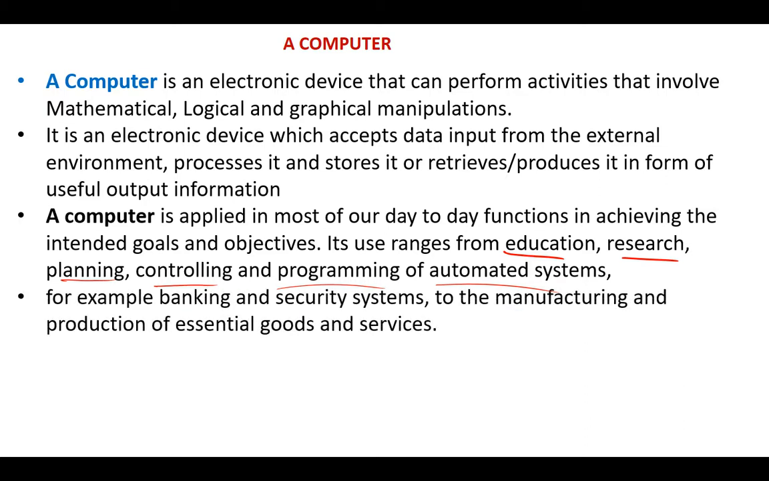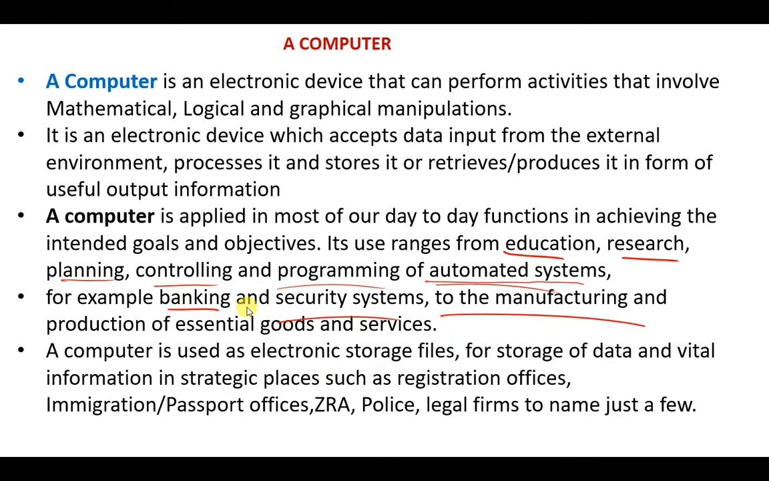So from there we can also look at examples of automated systems. These automated systems are the banking and the security system. This is where you find a computer that has been programmed. It just works automatically. Even in the manufacturing industry you find such computers. So a computer is useful as electronic storage files. These are some of the uses of a computer, which we're going to discuss one by one in the next slide. So it's used to store very large and small